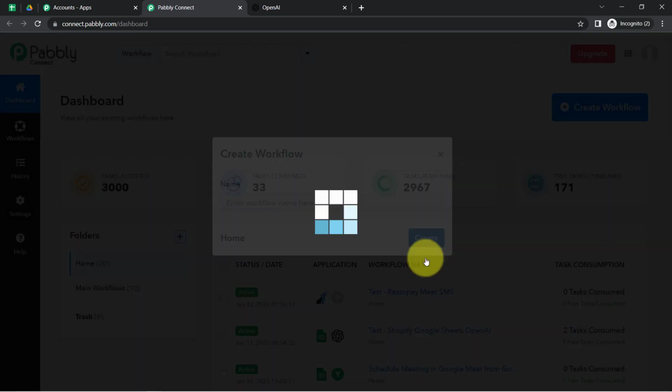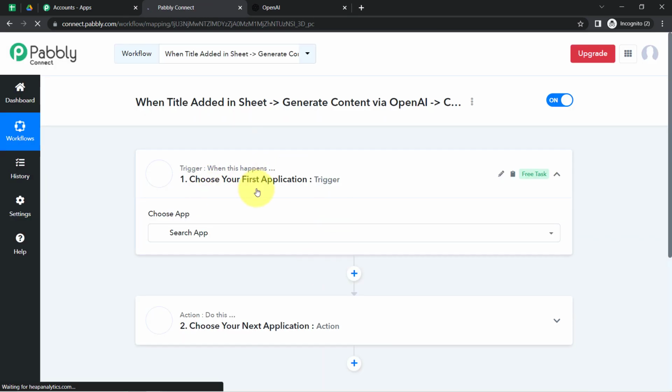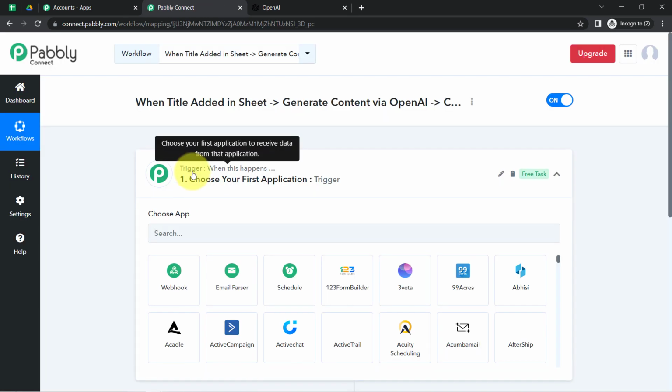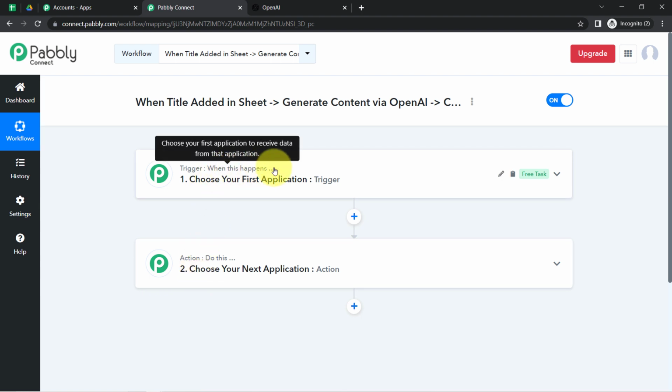Clicking on create, and after that you will find two boxes in front of you. These are actually trigger and action. Trigger means when this happens, action means do this. So whenever this happens, do this. Understand with an example also. Whenever a sale happens in a payment gateway application, let's say send an email via the Gmail application, and here according